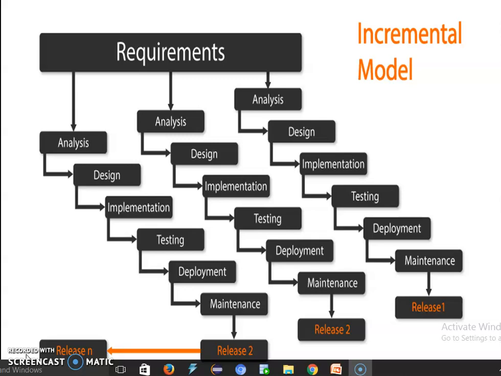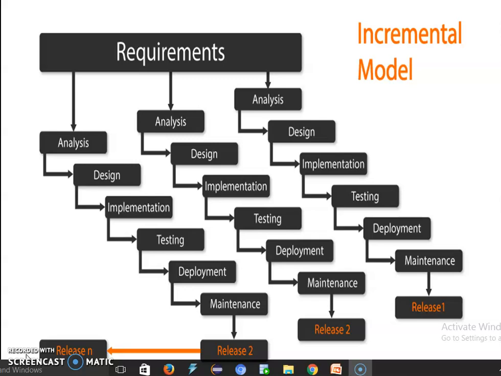For example, let's consider the prototyping model. But there is a difference between prototyping and the actual incremental model. What is the difference? Prototyping is a method used to design once and show it to the customer.